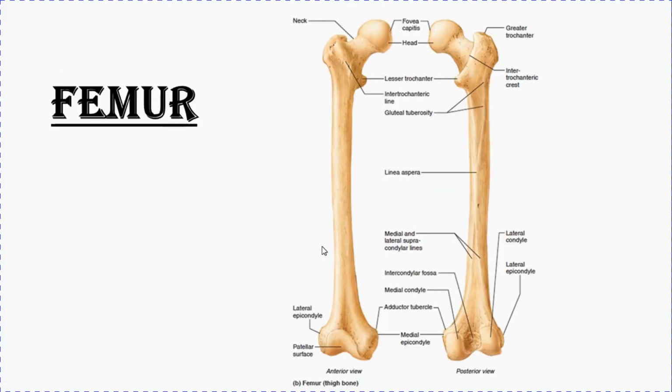In the previous class, we said that femur has three parts. It has an upper end, it has a shaft, and it has a lower end. The upper end has a head, a neck, greater trochanter, and a lesser trochanter. The lower end has a medial condyle, a lateral condyle, and the articulating surfaces. Now we move towards the attachments on the upper end of the femur.